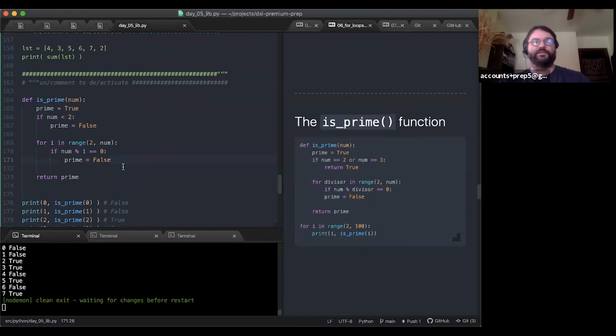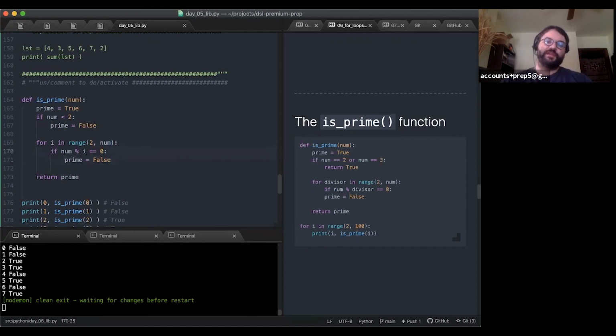I know I've mentioned a couple times that generally optimization doesn't matter. There is a way to optimize this range so we don't check too many things, but generally I won't worry about optimization too much, except for loops. I will generally try to make sure that I'm not doing too much excessive looping, right?